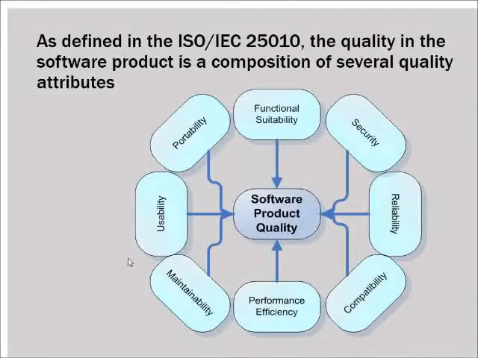We have certain components. For example, here we have quality attributes: functional suitability, security, reliability, compatibility, performance efficiency, maintainability, usability, and portability. They all have sub-attributes or measurable characteristics which we can use. For example, on security, how long it takes to break into the system, or reliability, how long it takes the system to fail, compatibility, is it compatible with all the other components of the system, performance efficiency, how much work